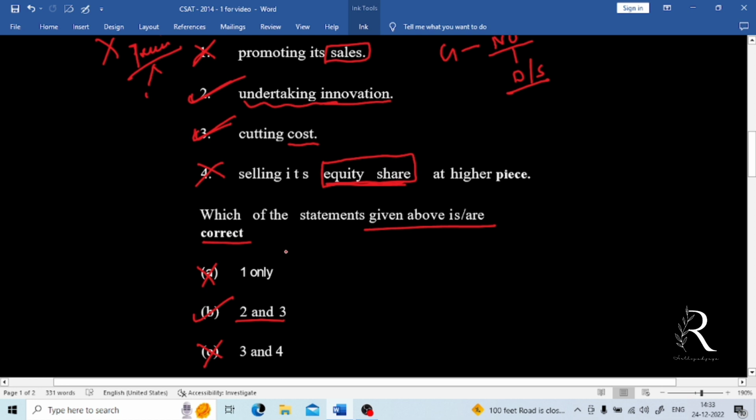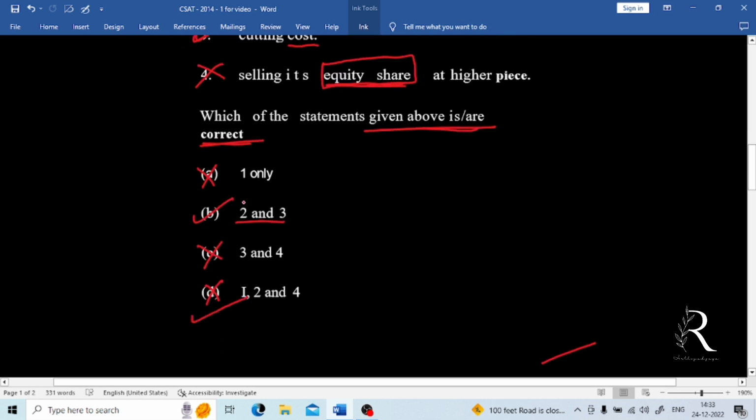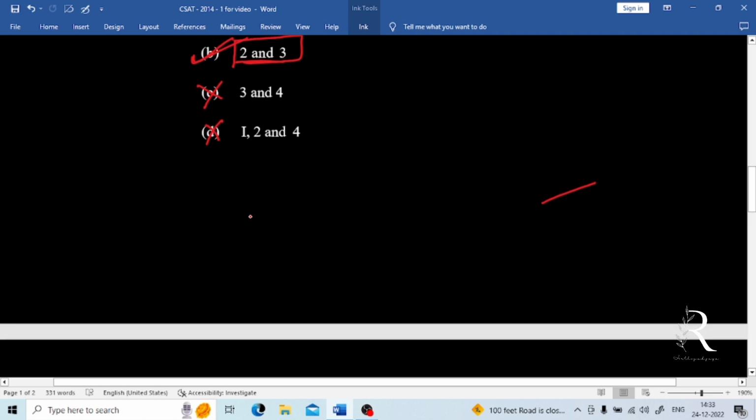This is not applicable for all questions, but wherever the question asks for the correct statement or the wrong statement, you can easily apply it. If questions ask about rational corollary or assumption, I will tell you different tricks to handle them, based on your comments. If you want me to continue such videos, comment below and tell me. You got the answer? What is the answer here? B is the right answer, options 2 and 3. Okay, that is done.